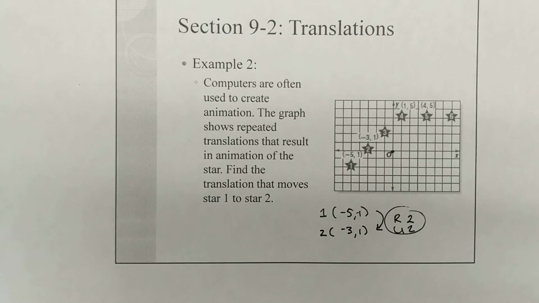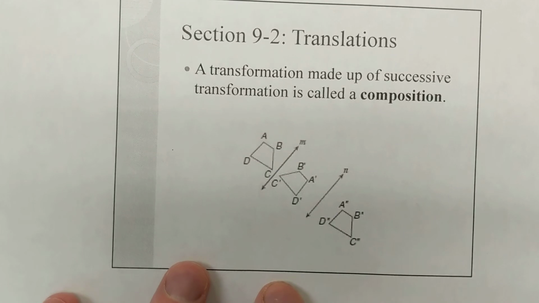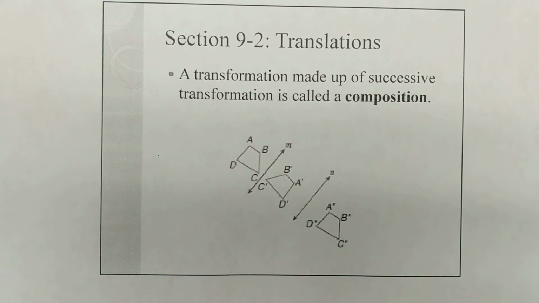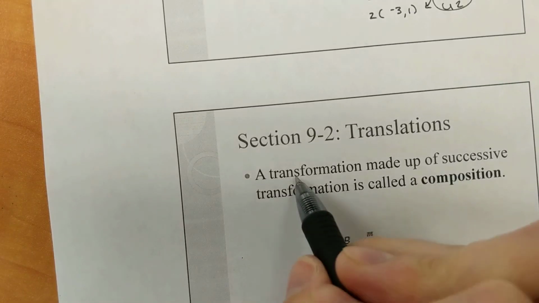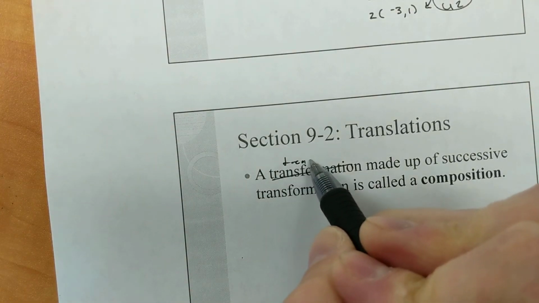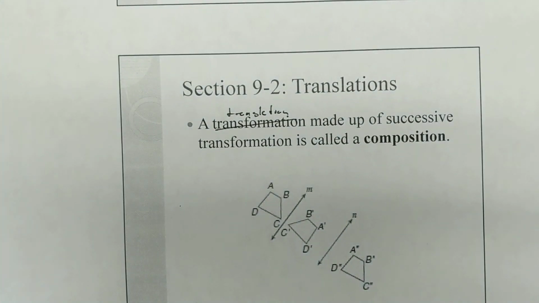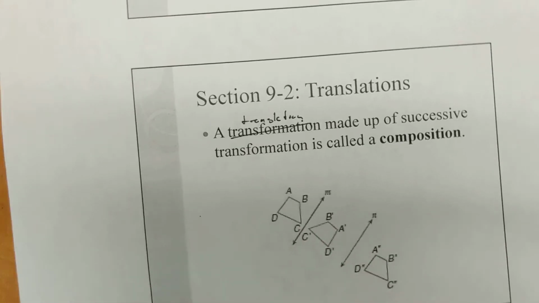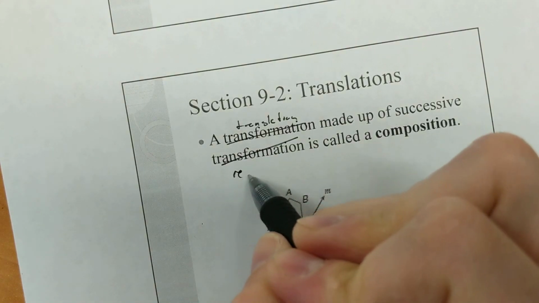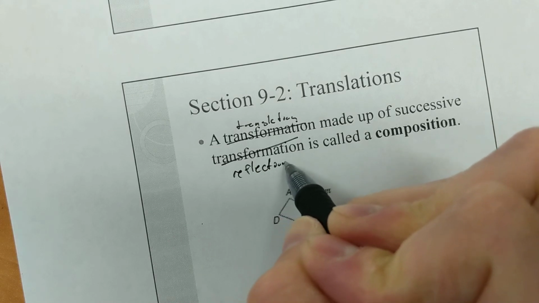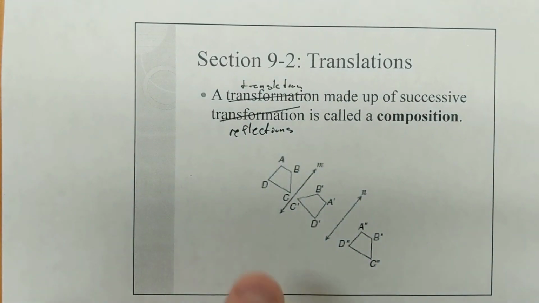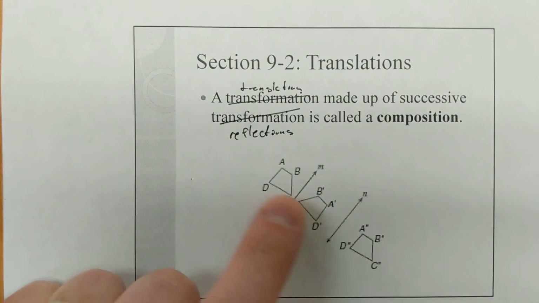The line got lost. The last thing here, you can actually also do a translation made of successive reflections. That's called a composition. So if you notice, I actually mirrored the shape twice here, and it just looks like